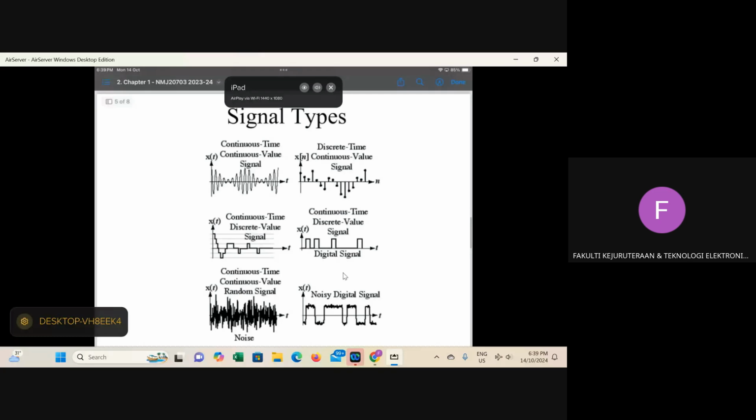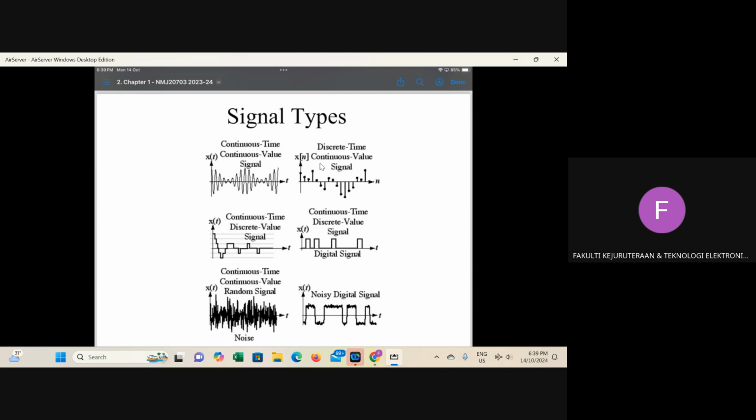There are a few types of signals. If you look here, I highlighted continuous time and discrete time. There are two types of signal: continuous time signal and discrete time signal. Later I am going to discuss math operations on continuous time signals and discrete time signals.